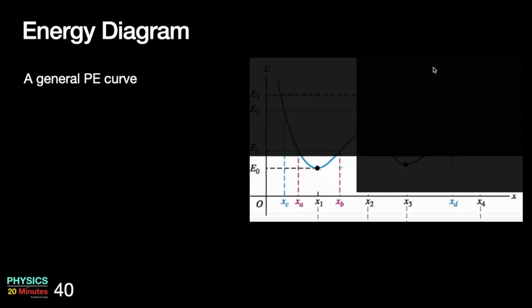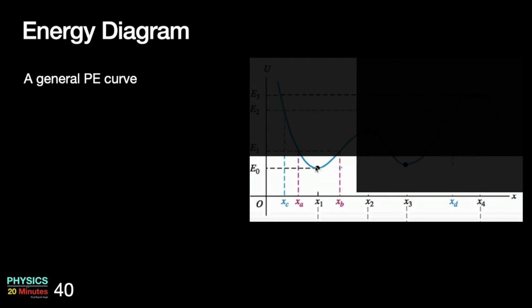So now you can see that I have masked the rest of the part of the system and I am focusing only on this part of the curve. Now if you are a careful observer, you will find that this part is nothing but a simple harmonic potential. It looks like a parabolic curve with a minima. And suppose my total energy is E0, which is such that it is equal to the potential energy of the minima. So if the total energy is equal to potential energy, what will happen to kinetic energy? It would be zero. The kinetic energy will be zero.